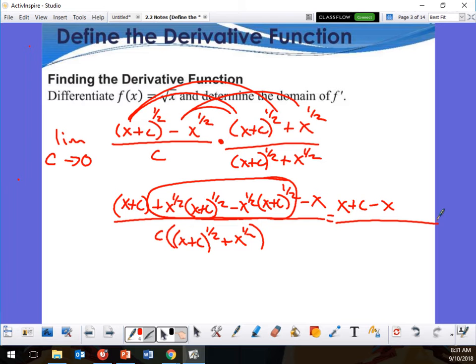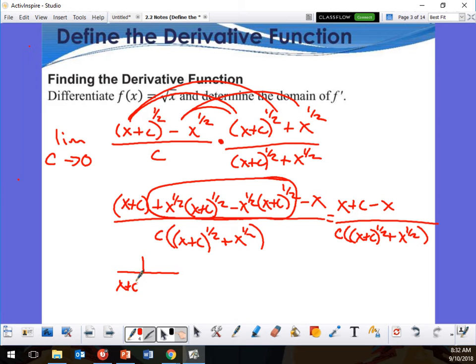All over my messed up denominator. So on this one right here, the x's are going to go away. So that's going to be nice. That's going to go away. So that's going to leave me what on top? C. And what do I still have factored out front? C. I have a C on top and a C on bottom. So the x's go away, but the c's will cancel now, won't they? So what's that going to leave me on top? 1. So I'm going to have 1 over